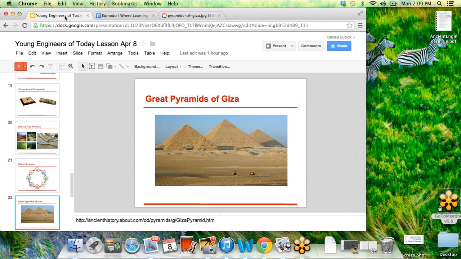2 million blocks of stone, and the first was finished around 2580 before the Common Era, BCE, for Pharaoh Khufu. And again, I think the oldest thing we talked about before this point was 300 BCE. So this is almost 2600 BCE, they created this incredible pyramid. And it was the tallest structure in the world for more than 4,300 years.